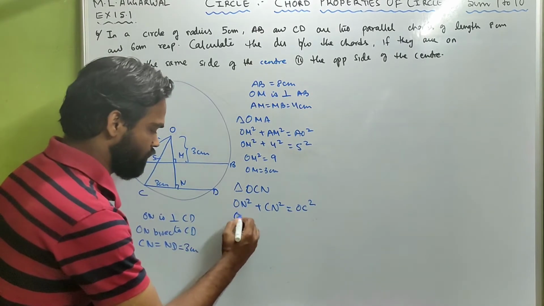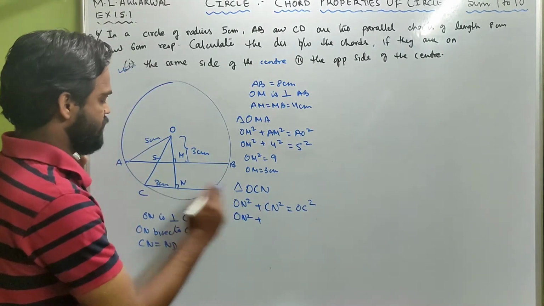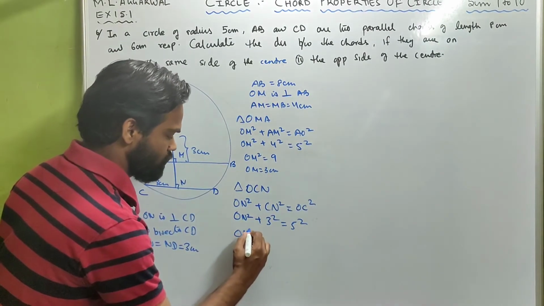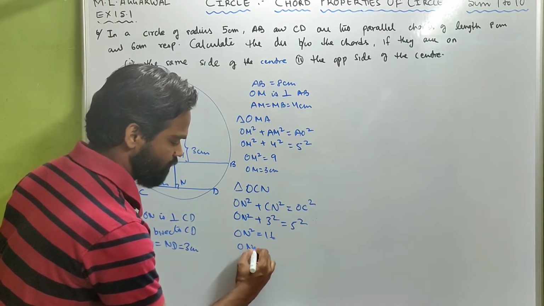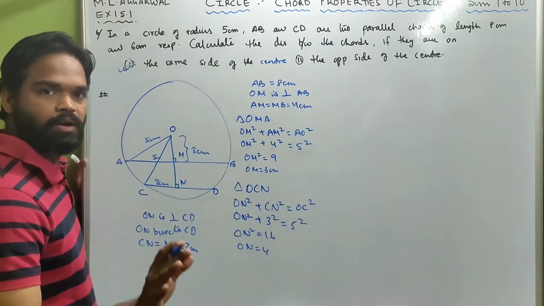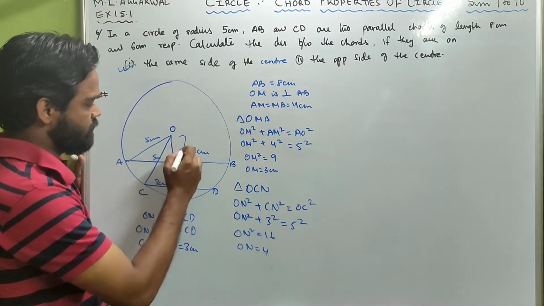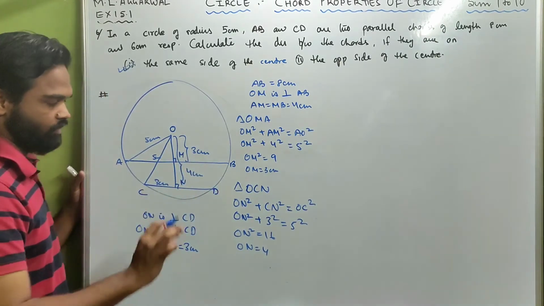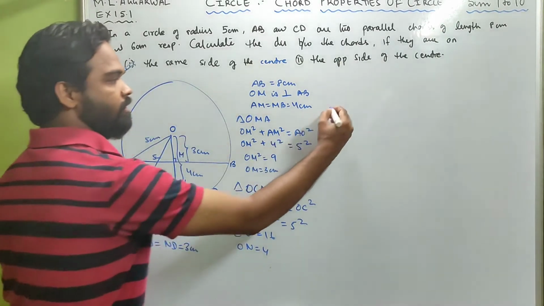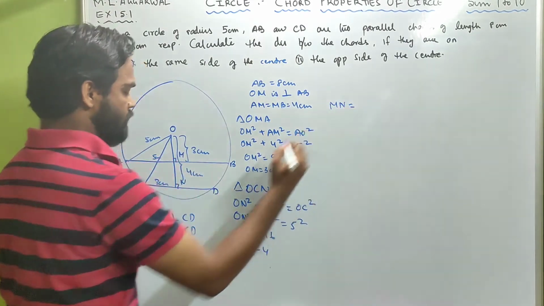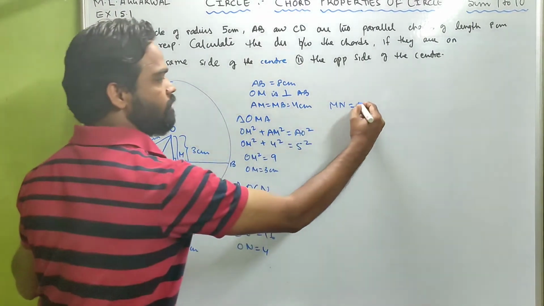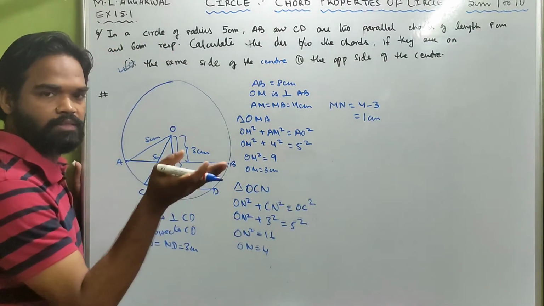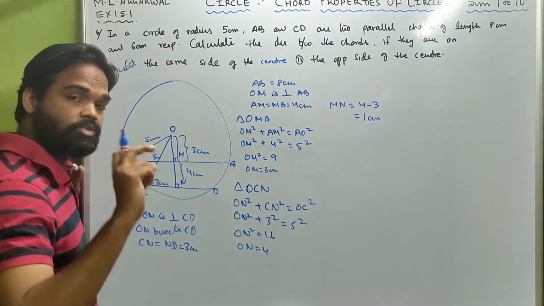Now ON square, we don't know. CN square, that's 3 square, plus ON square is equal to 5 square. So ON square will be 16 and ON will be 4. Done. Which means this is 4 centimeter. So if you look carefully, the distance between the chords is MN. And MN is nothing but 4 minus 3, that's 1 centimeter. So when the chords are on the same side of the center, the distance between the chords